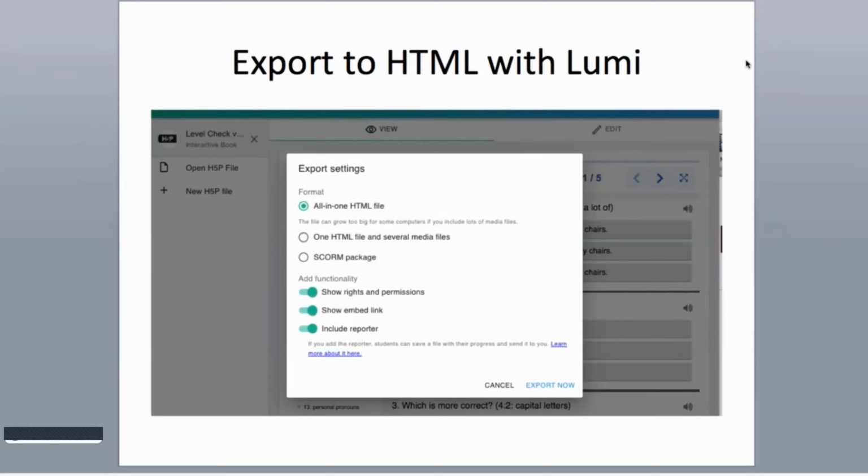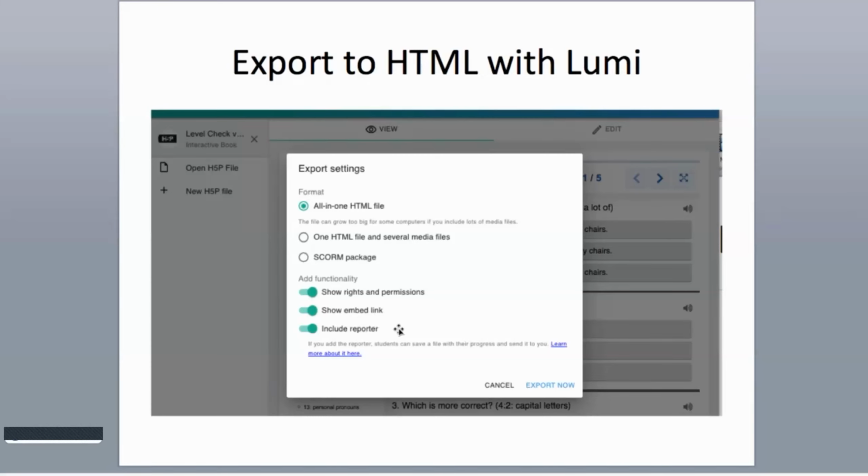So that's fantastic. And also you can export to a SCORM package, which means it will interface properly from a gradebook point of view. It will interface properly with a learning management system. As well, you can include a reporter so that if you upload to a HTML web page, and then distribute that page or share that page to your students, they will be able to download their results and then email them back to you. The reporter is a particularly useful feature for an English language teacher working by themselves, or